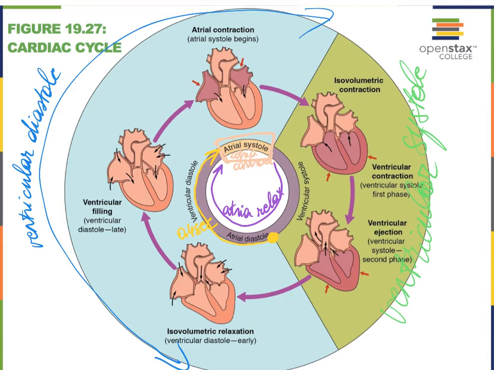There's nothing squeezing the heart, so the pressure is low. And that allows for blood to start trickling in through the superior and inferior vena cava, through the pulmonary veins, even the coronary sinus. So blood is trickling first into these atria,